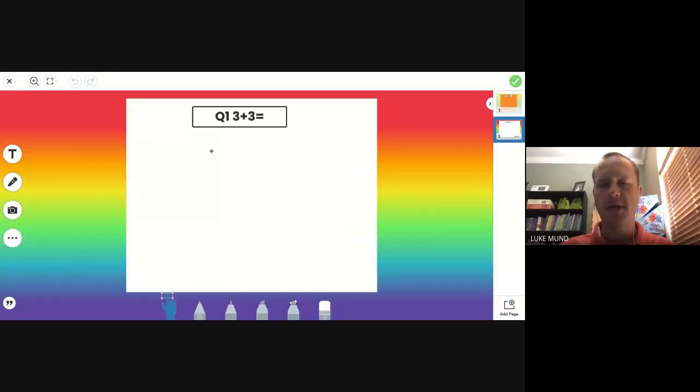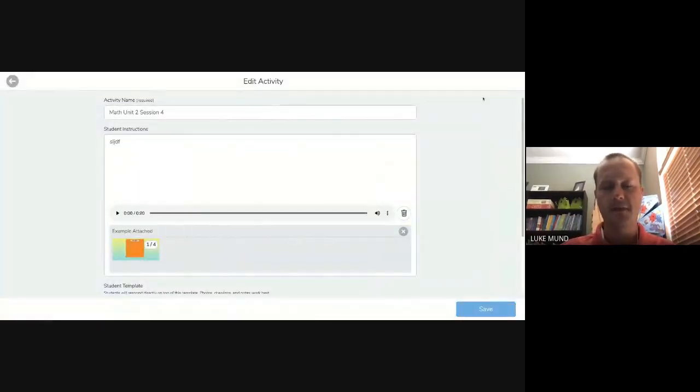And I'm going to go to number 3. Now, most of my students just get 3 plus 3. But for Brian, I'm going to give him a little bit of scaffolding. So I'm going to grab my marker here, and I'm going to go with 3 dots, plus 3 more dots, right? Or whatever scaffolding, whatever interventions, whatever support you would have for your students, you could put in their own version. So this is just a very simple thing I could do for Brian here. Some scaffolding.